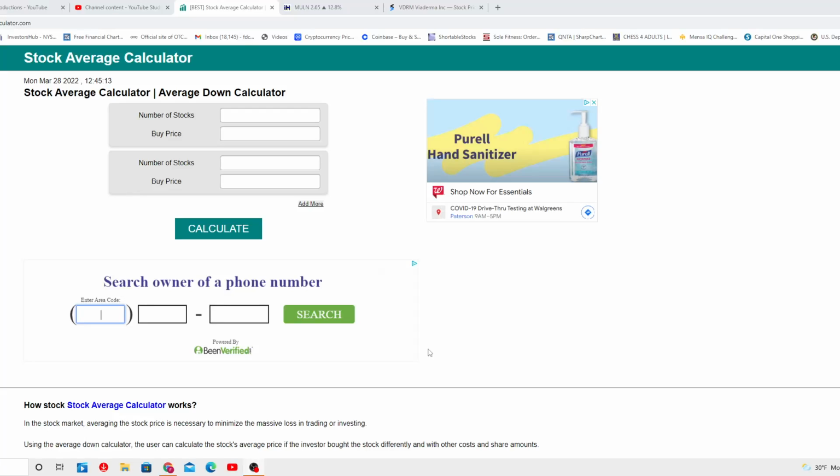And I found this stock average calculator. Note, I gotta let you know this is not the only stock average calculator. This is the one I found that is free for you, and I'm pretty sure there are others for free. But this one is available on a website. You don't have to download an app like many of those out there. This one is just straightforward,